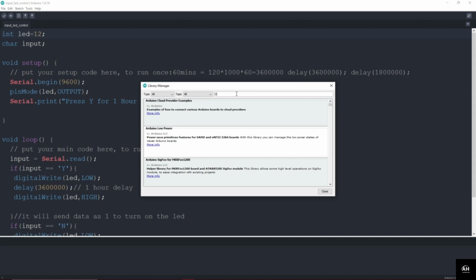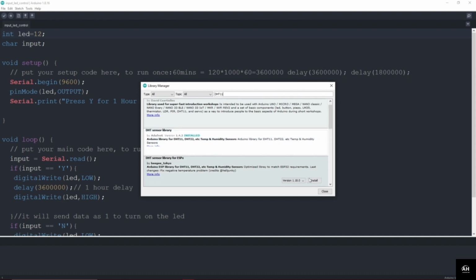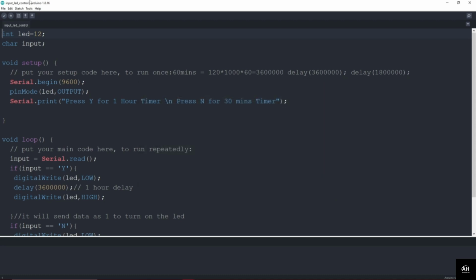So I will just type here DHT11, and we will get this result, which is DHT sensor library by Adafruit. So we just need to click on install. I have already installed it, so it is showing me installed. So you just need to click here on install, and it will install that current version of this library onto your system. And once we are done with it, we will just close this library manager, and we will click